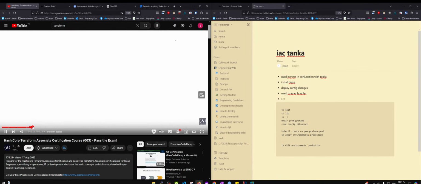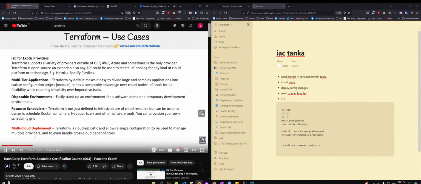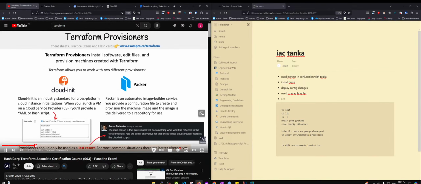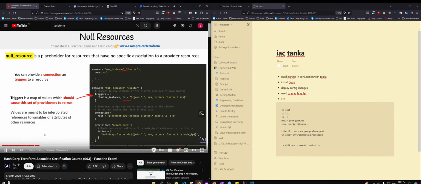And to even handle cross-cloud dependencies, and that is a big deal. Looking at the fact that we want to lean towards doing an approach with Packer, right? We want to... values which should cause this set of provisioners to rerun. So values are meant to be interpolated references to variables or attributes of other